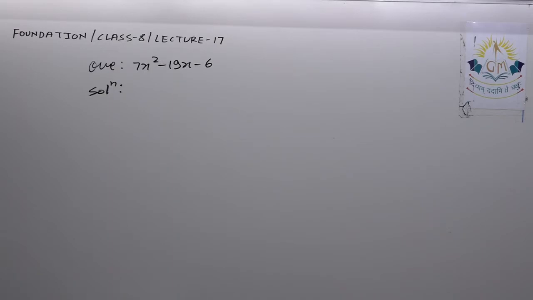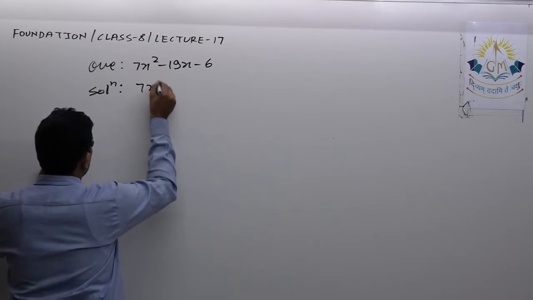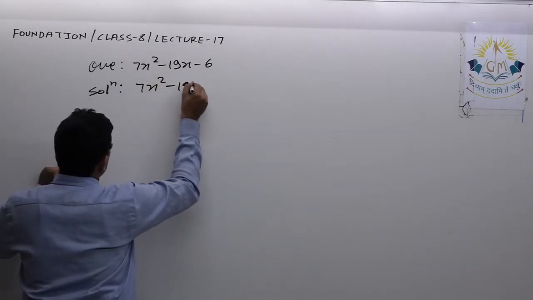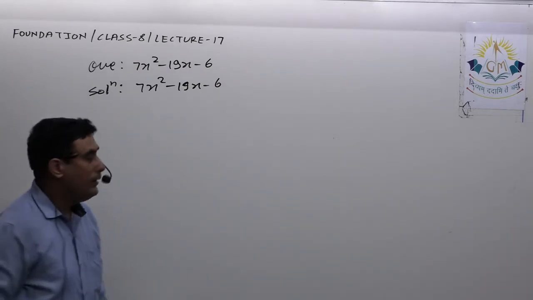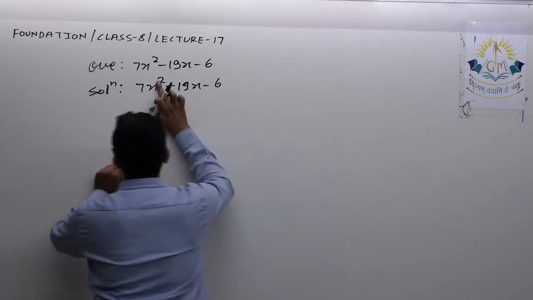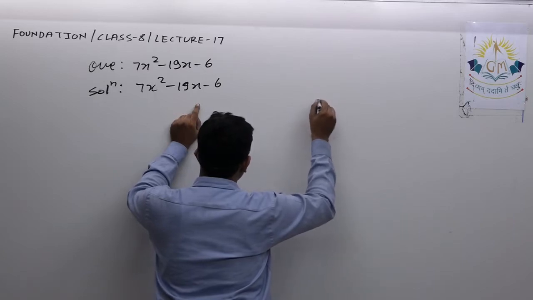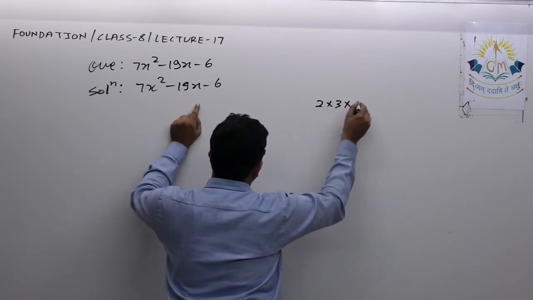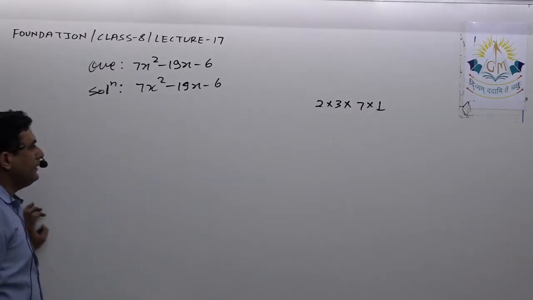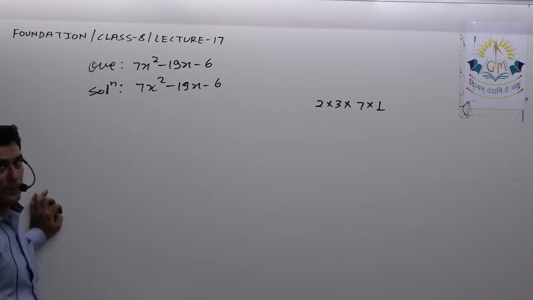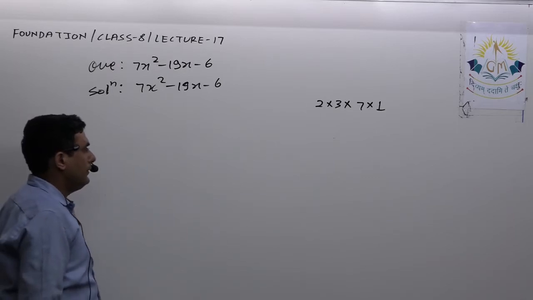Okay, so the very first thing that we'll check: yes, this is in the standard form, as well as the first term is positive. Now we find the factors of a multiplied by c. I told you that I won't multiply them, I'll find their factors separately. So factors of 6 are 2 multiplied by 3, and factors of 7 are only 7 and 1, which I write. Now I have to arrange these to get minus 19. Okay, so let us see how to solve it further.